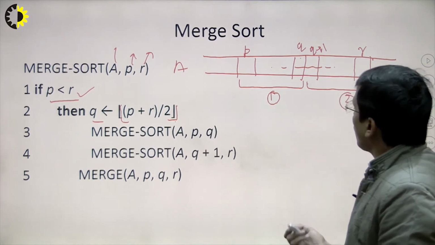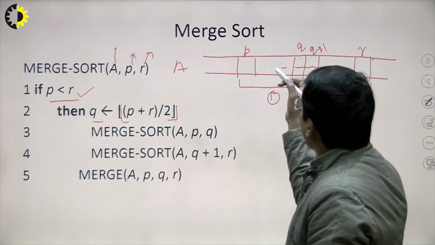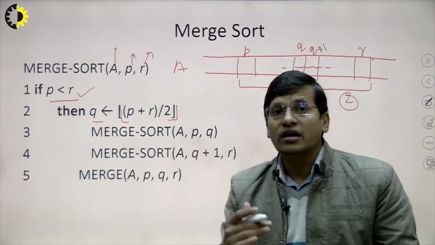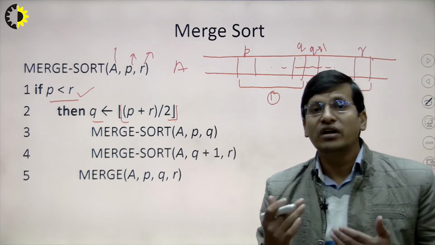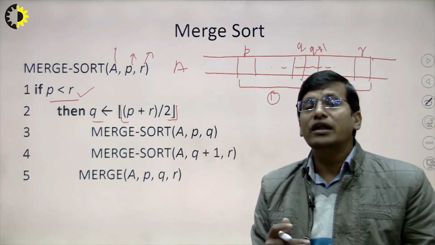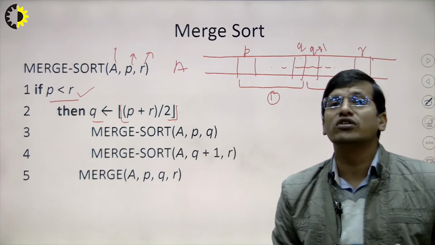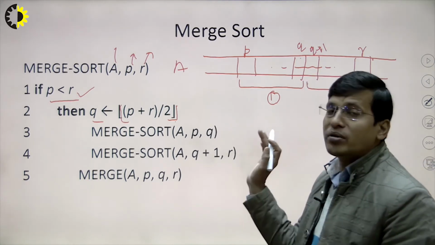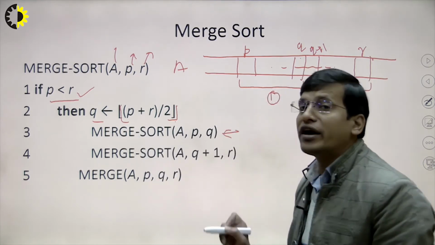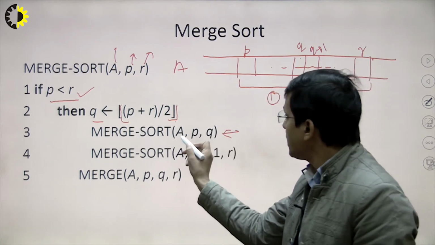Now again we are applying merge sort on this first list, because this is the recursive approach. We have already told you that after division, division is not any problem. If we have divided, then we have to try to find out the solution of the bigger subproblems. So this function is trying to find out the solution, right? So this is A, P and Q.